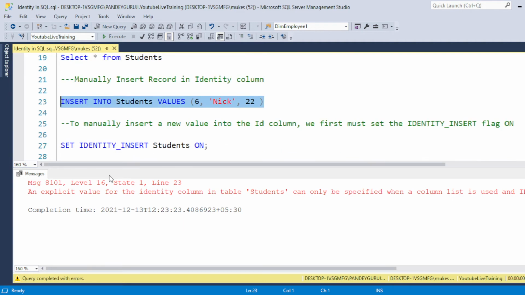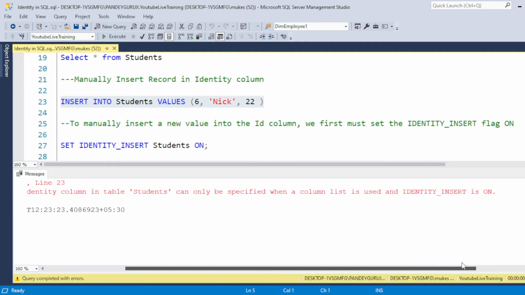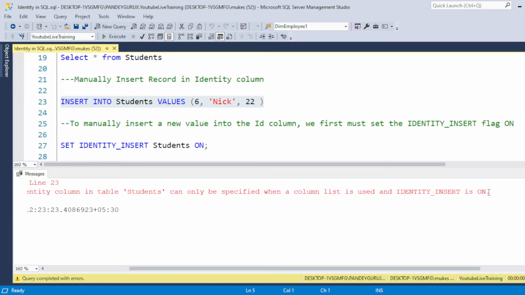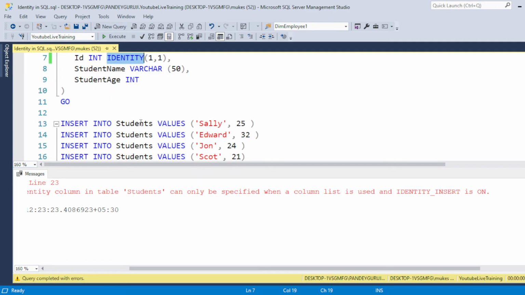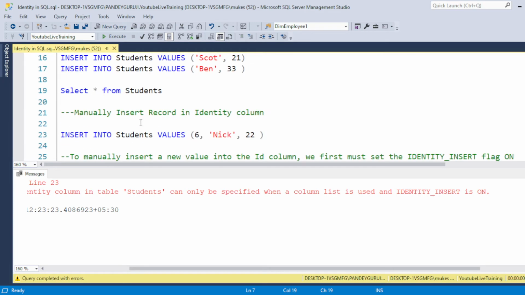Now you can see the error message saying that an explicit value for the identity column in table student can only be specified when a column list is used and identity insert is on. Basically it is saying that by default, when you create the identity rule in a table, identity insert is always off.